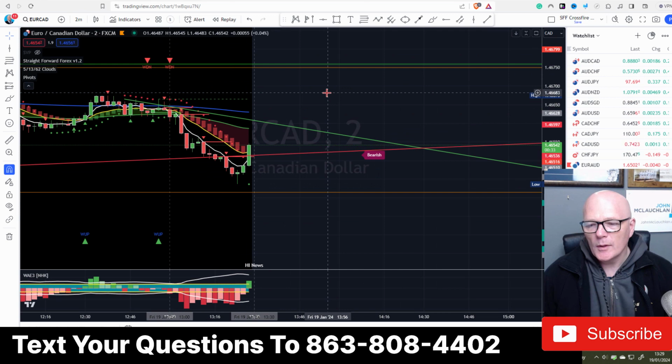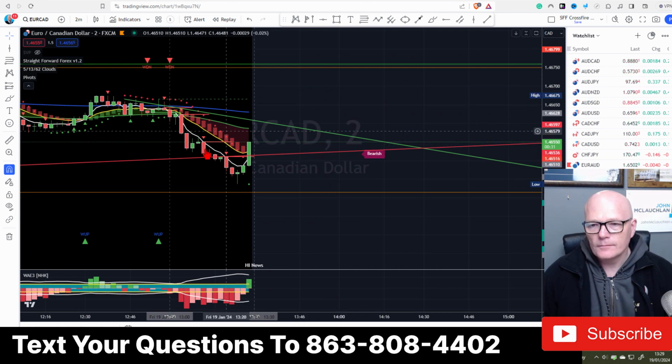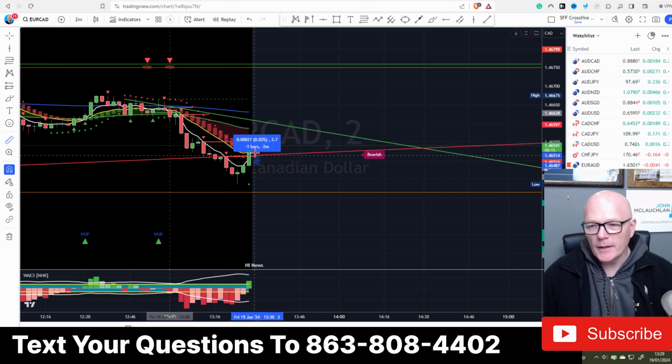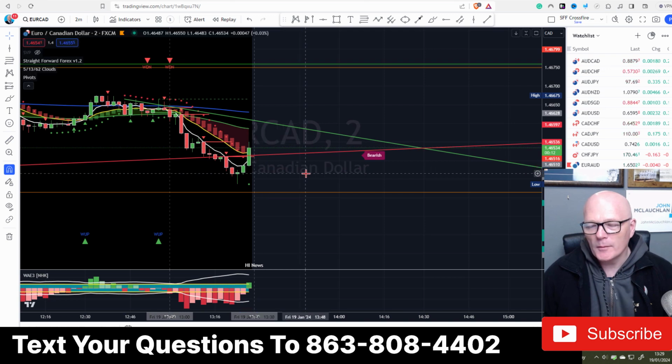EuroCAD's doing the same as well. But we're in a wave down, and yet we've got this move. Tell me about that, please. PSAR flip. Also the PSAR is a fair distance away from the body, and this little move here, currently it's only 5.4 pips. It's only about $50 million.